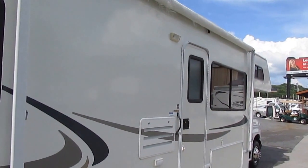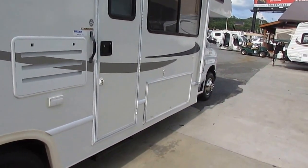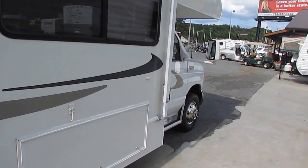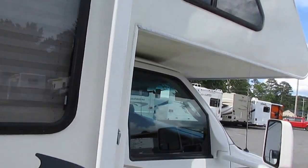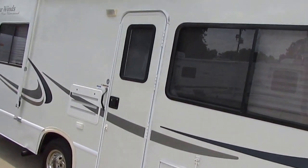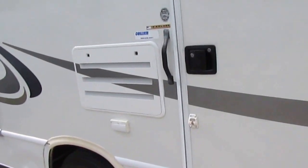But folks, this unit, 37,900 some, we'll just say 38,000 miles just to be safe. 4 kW Onan generator that's powering everything right now. Motor runs great. Dash air's ice cold. BF Goodrich tires. Cabover looks good. Got the power step. Like I said, we're going to put a brand new awning canvas on it, so you don't have to worry about that being faded or have pinholes in it. It'll be brand new. Let's look inside